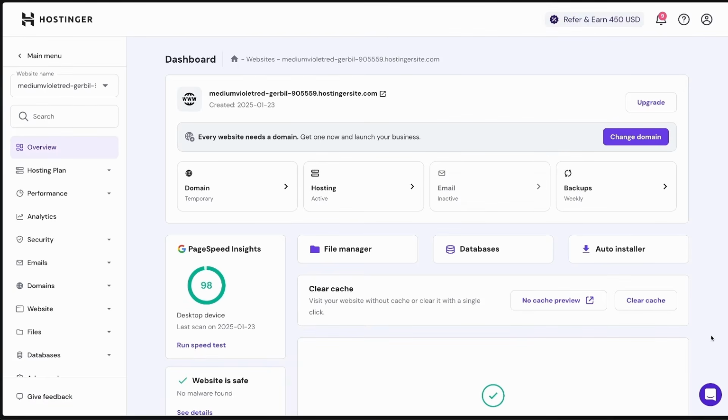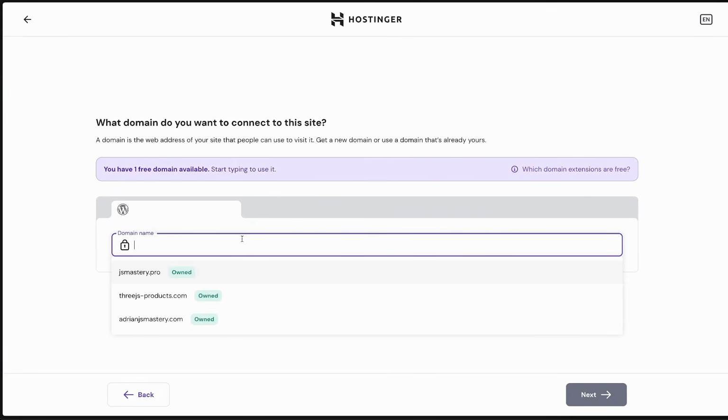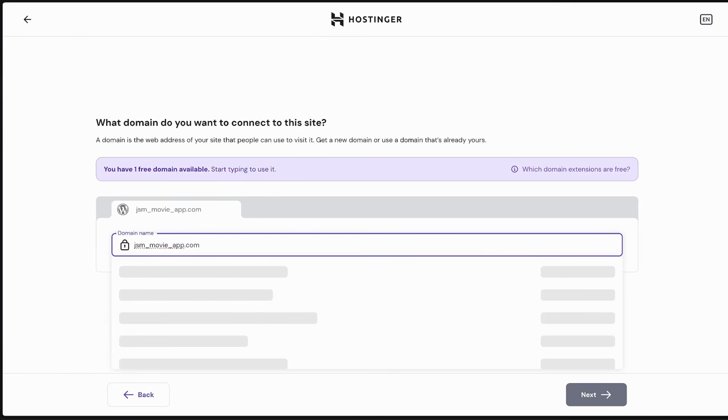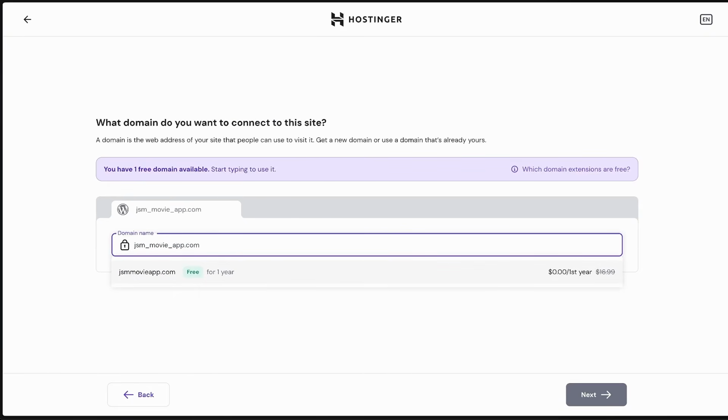Once you do that, head back over to your Hostinger dashboard and head over to the project we created. Now might be the perfect time to use that domain that you chose. You can either do something like JSM movie app, which is a bit specific. So you would get this domain specifically for this app, which is totally okay. You can see it's $0 for the first year. But what I would recommend